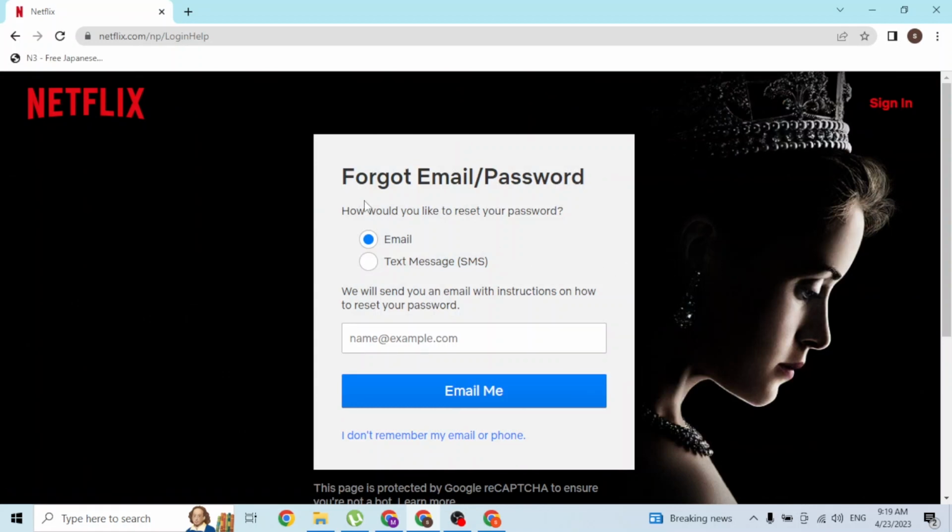and from over here guys you will be able to reset your Netflix account's password. You can see it says how would you like to reset your password. Let's choose the email and enter your email address with which you have signed up for our Netflix account over here like this guys. And when you have entered your email, simply click on the email me button available over here,